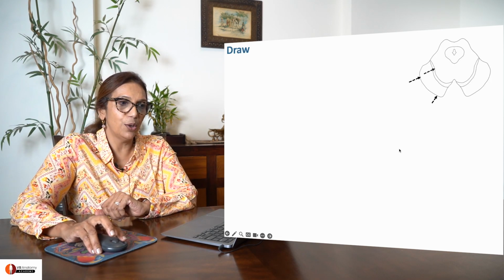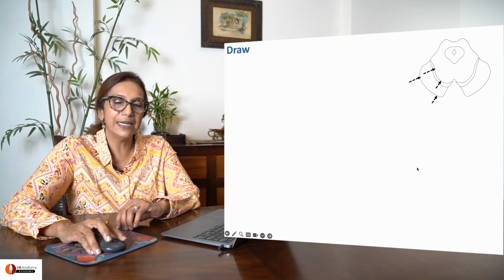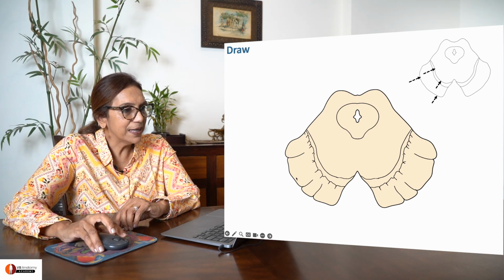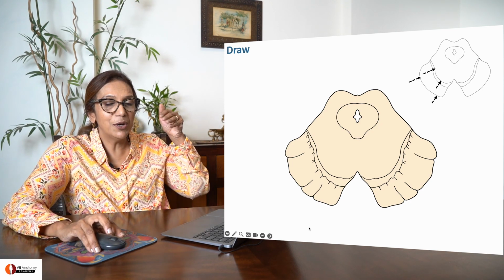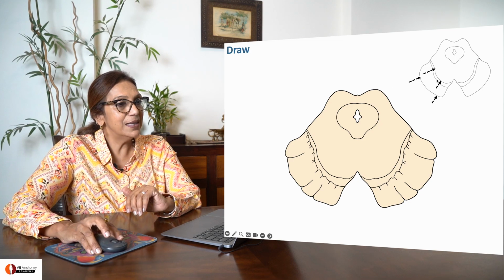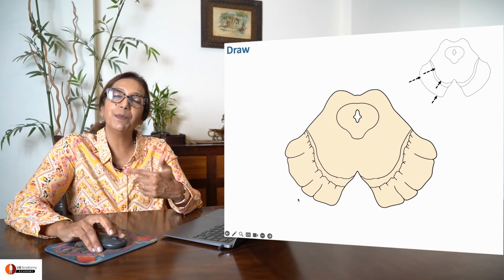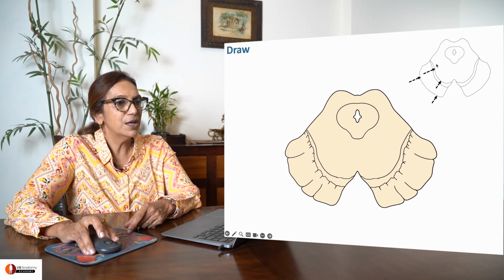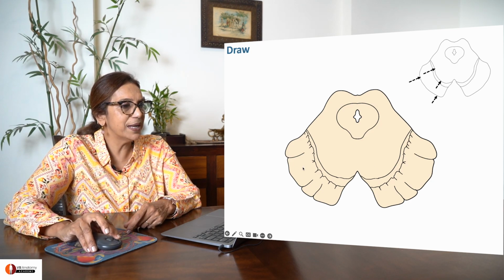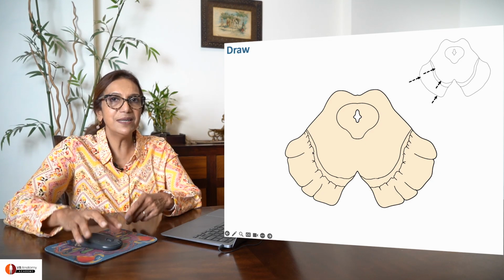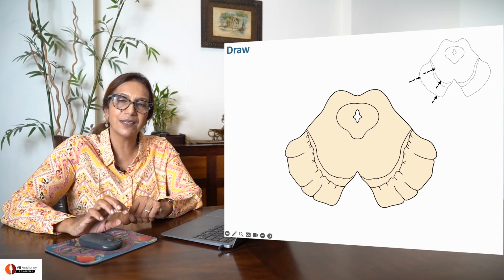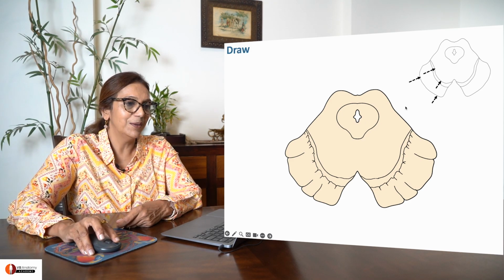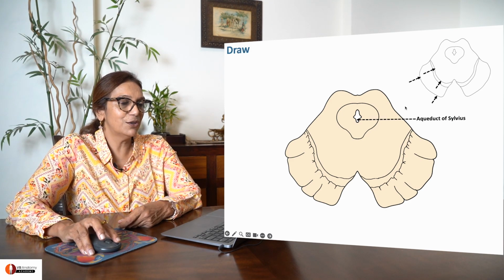Taking this image to one corner, let's correct our drawing a little bit. This edge here has been modified to make it a little rough. Okay. Because a lot of fibers are passing through. This diagram will also do, but this one will be a little finer. So modify the edges to make them look like this. Modify this edge also to make it look like this, so that the fibers seem to be sort of blending into each other. See if you can do that. If you can't, this will also do. Okay? All right. So this is aqueduct of Sylvius.